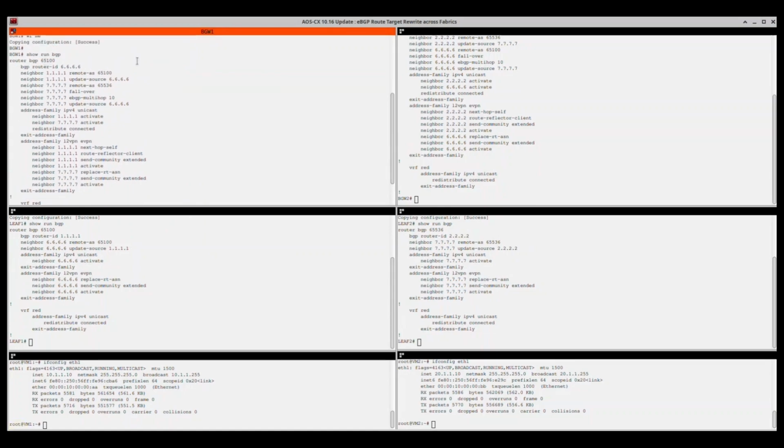And so we're just looking at the BGP configuration across the board. So we can see that we've got the replace RT ASN. This neighbor 7777 is Border Gateway 2, and then corresponding on the other side is neighbor 6666 for the replace RT ASN as well. And so we can see the BGP neighborships here are the 2-byte and the 4-byte ASN. So router BGP 65100 on the left, and then router BGP 65536 on the right, which is the 4-byte